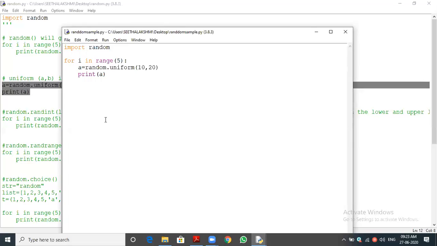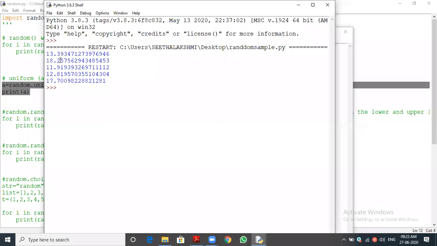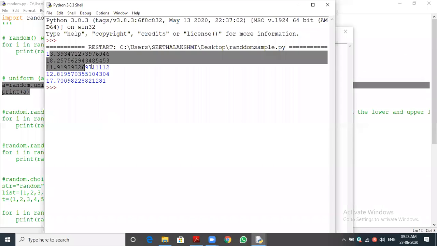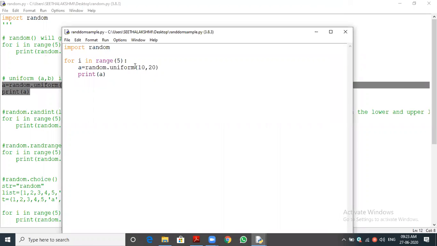Running this, you can see the output. I gave the range 10, 20, so it generates numbers greater than 10 and less than 20. It always generates floating point numbers. It doesn't generate integer numbers, always floating point numbers only, with the uniform function.